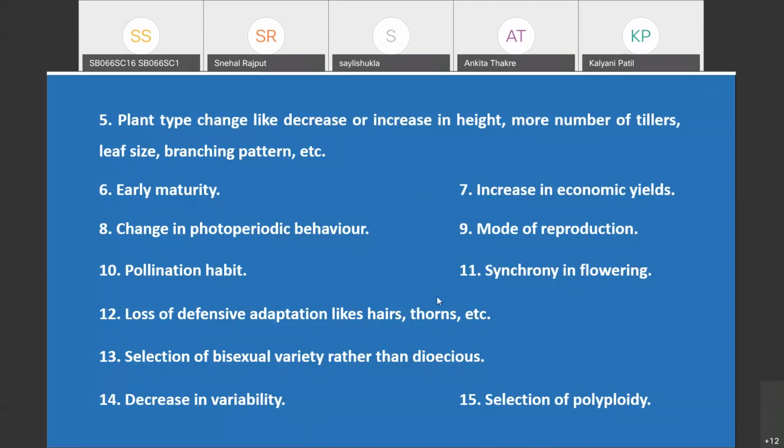Okay, just as we have discussed, the dioecious forms get changed to the bisexual forms. Okay, then decrease in variability, that is due to the domestication. What happened, their genetic variation